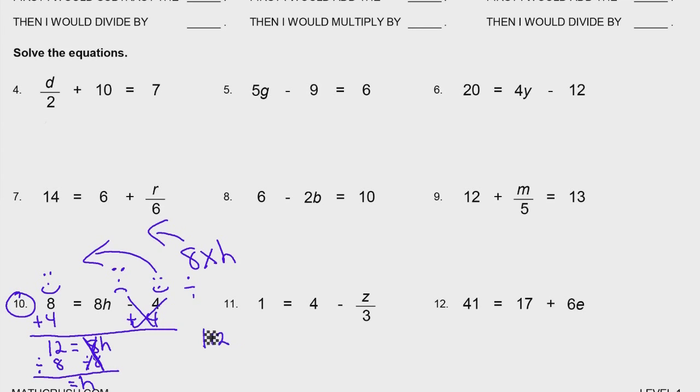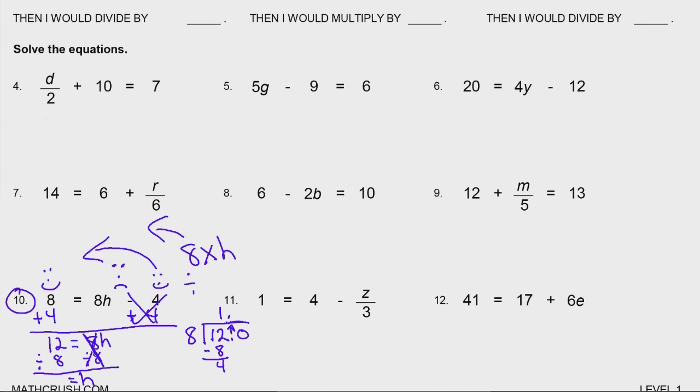12 divided by 8. Well, 8 goes into 12 one time. That gives us 8. We subtract, we get 4. We add a decimal and bring it straight up. That allows us to add a 0. We bring the 0 down and we get 40. And 8 goes into 40 5 times, and that goes in perfectly. So we are done with that. h equals 1.5